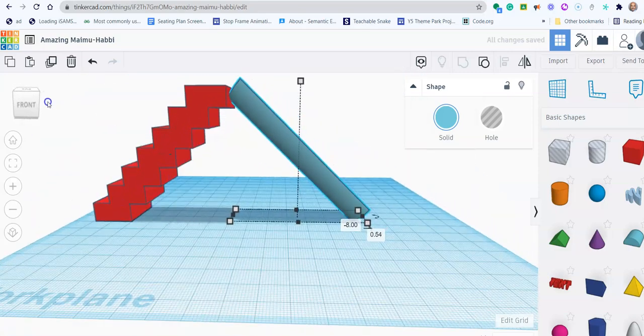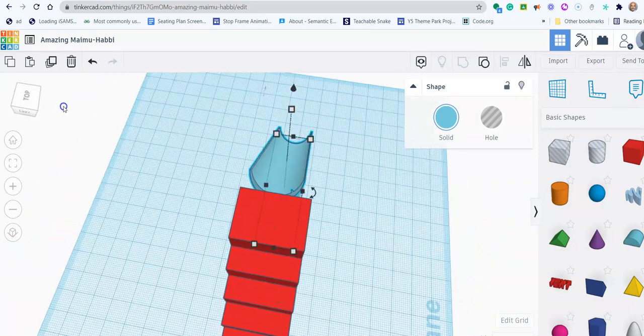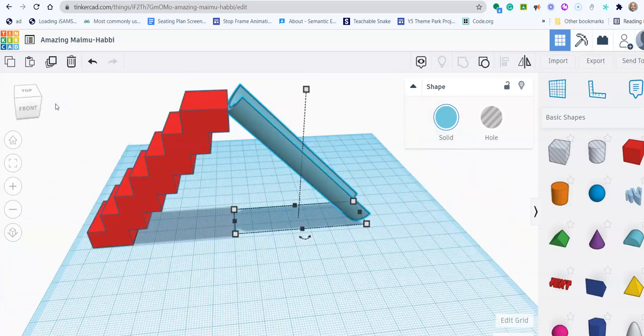And that is how you create a slide in Tinkercad. Try it and see how you get